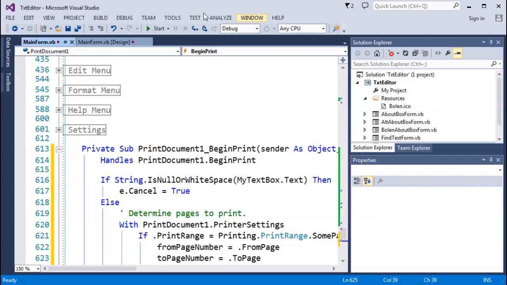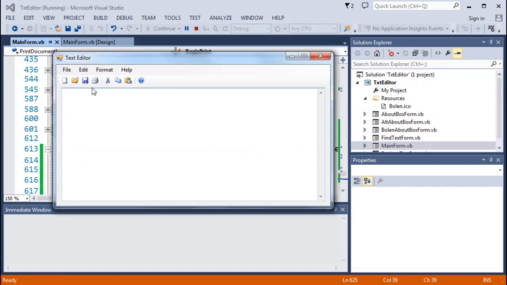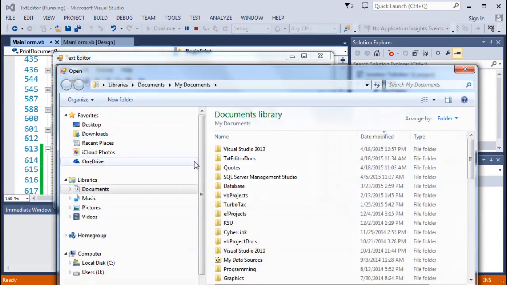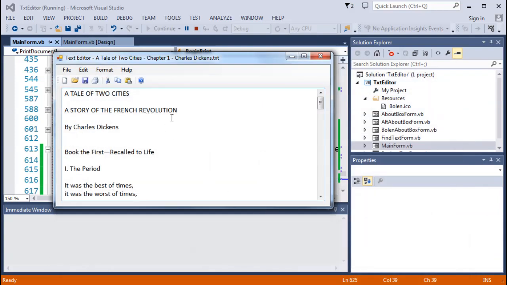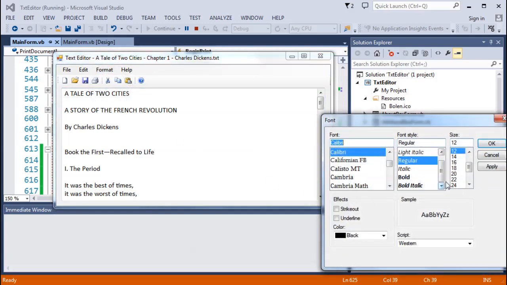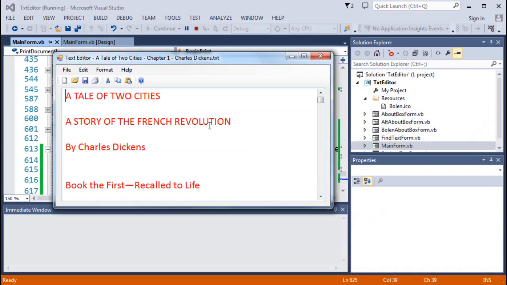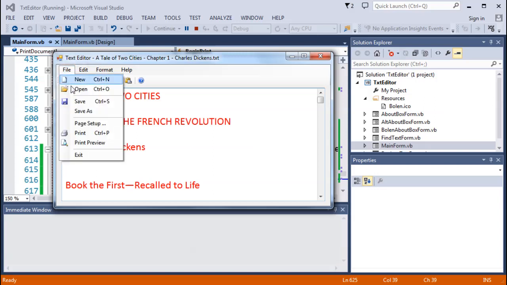Okay, I'm going to make it larger for you and then do a compile in debug mode. Let's bring back in our document, and I'll bring in A Tale of Two Cities again. And this time let's make the font even bigger, so I'm going to change the font to something nice and big. Let's go 18 point, and let's make it something crazy like red, and I'm going to say okay. And so now let's do a print, but this time we're going to go to the print option,